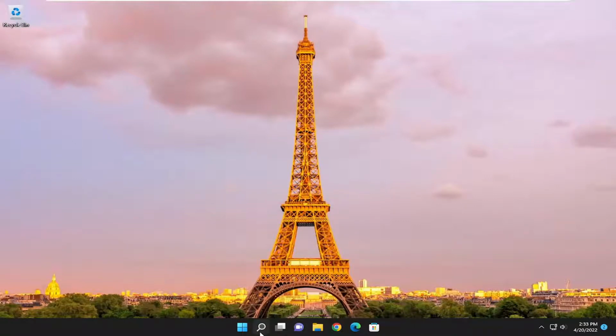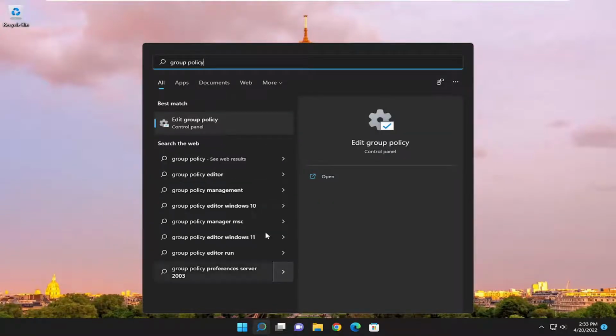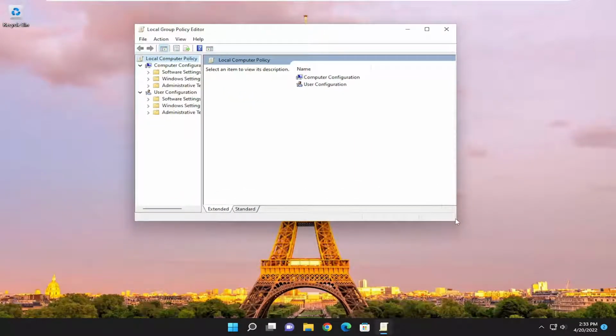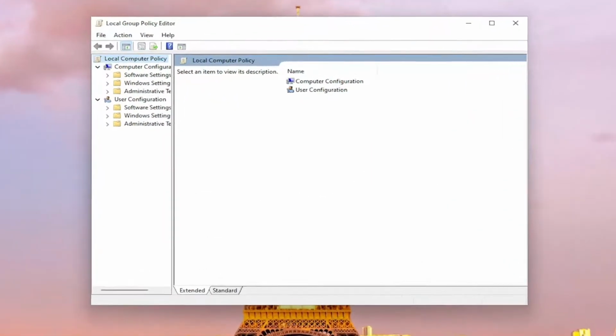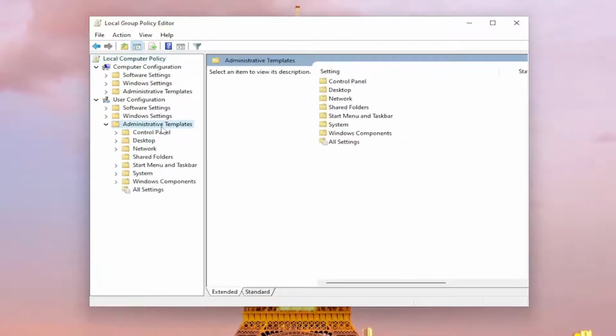So we're going to start off by opening up the search menu, type in group policy. Best match, you'll come back with edit group policy. Go ahead and open that up. And now underneath user configuration, so let me just make this a little bit wider here. You want to double click on the administrative templates folder and then do the same thing for the start menu